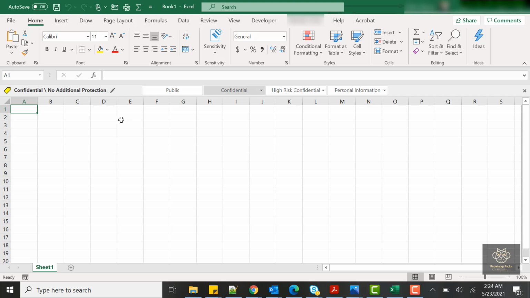Alright, here we are. We have done this once before. We have opened up a new blank Excel document, and here we are at the same page. Now I'm on Office 365. I subscribe to the monthly subscription through Microsoft to get access to the Office applications, Excel, Word, PowerPoint, and so on. Occasionally, and I just really want to give you a heads up here, if you are also part of the Office 365 subscription, whether you get that through a personal edition or through work, Microsoft likes to push out updates.